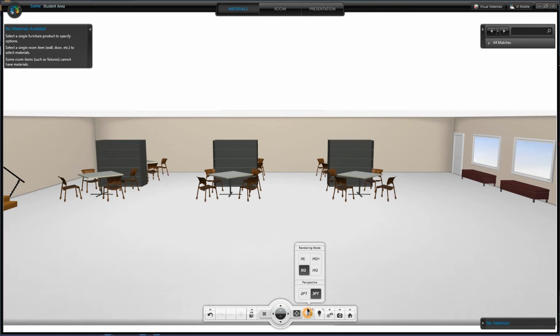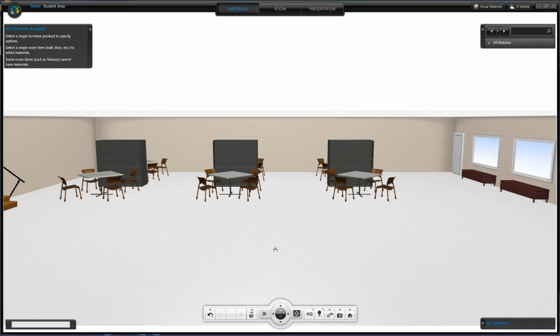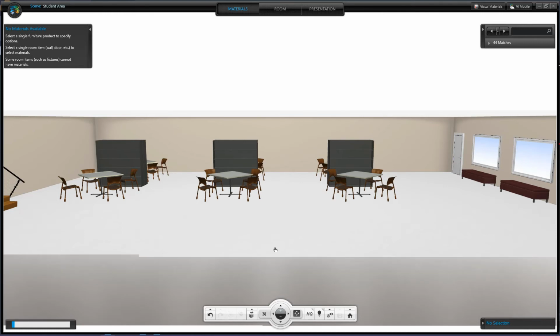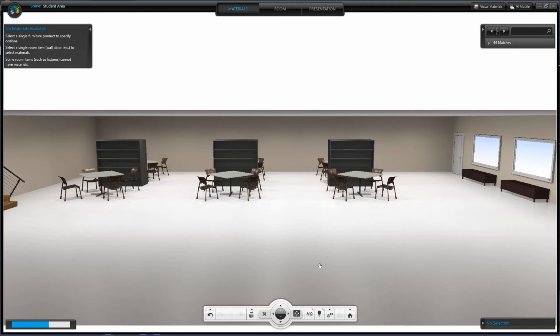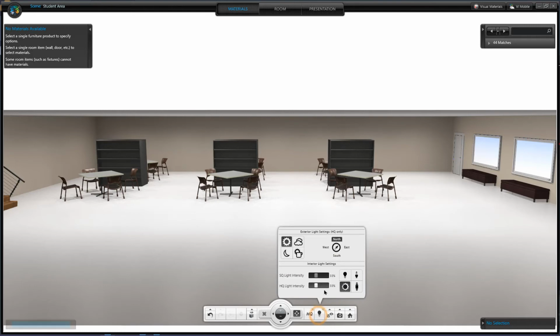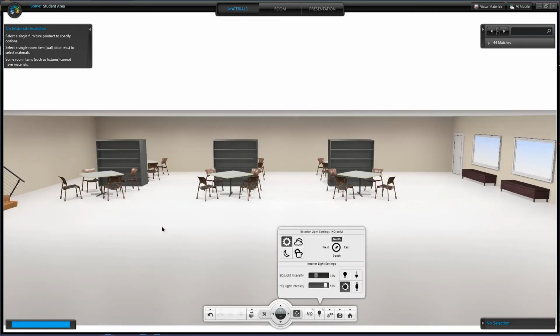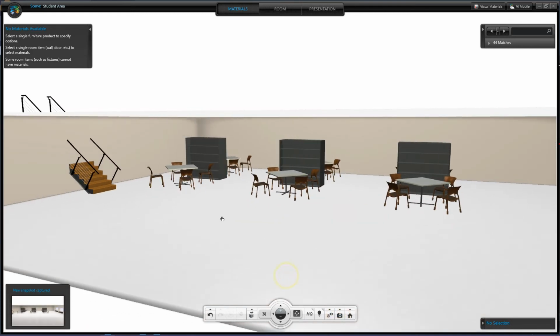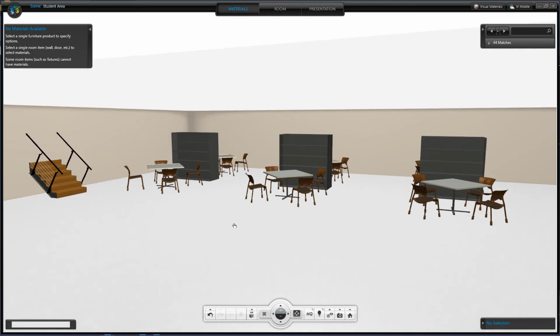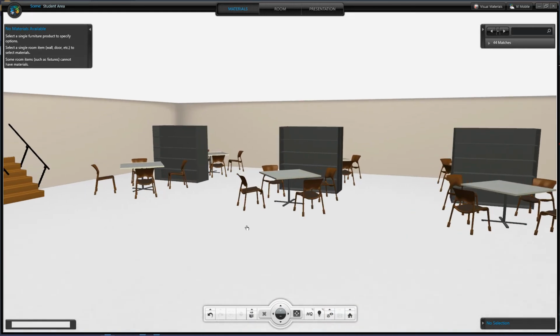And so now I can start to render this in a high quality. And wow, look how nice that's starting to look. Let me make adjustments maybe to the lighting. Oh, that looks really good. So I'm just going to take a quick snapshot, and then I can zoom around and work in additional angles